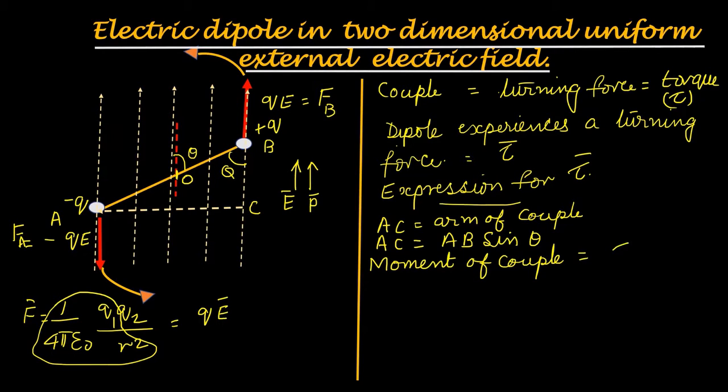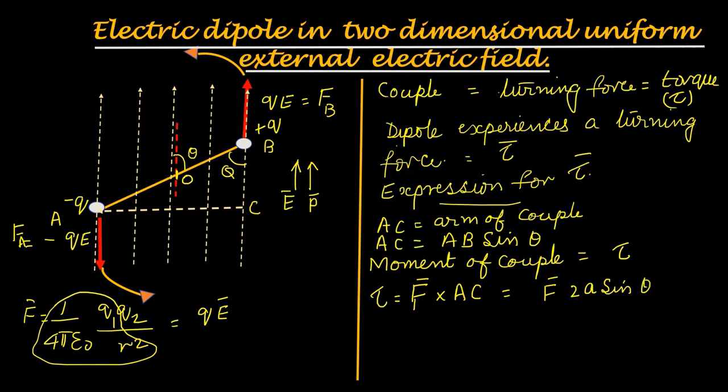Just like dipole moment, moment of couple is equal to force into the distance separating the two forces. That is F into AC, but AC is equal to AB sin theta. So the equation becomes F into AB sin theta, but AB is equal to 2A, so it becomes F into 2A